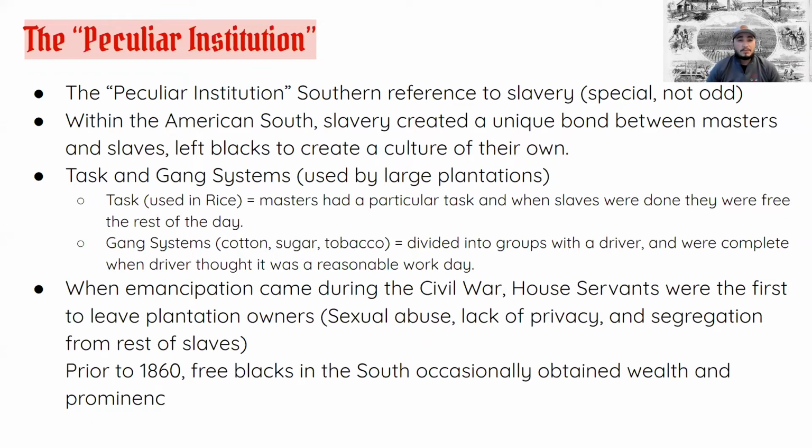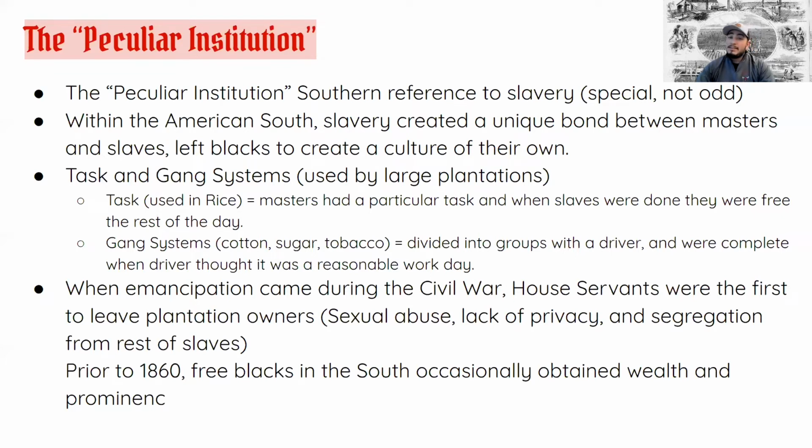So let's talk about this next part, which is called the peculiar institution. This is how the Southerners validate and justify why they have such claim over people of color into enslavement. And they call this a peculiar situation, this idea that it is a special relationship, but not necessarily odd. What happens in American Southern society is African Americans are forced to subscribe to the common language of the society at this time, which is English, and of course, also to the master's religion, which was most likely Christianity.